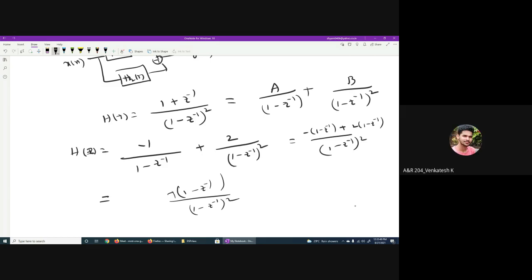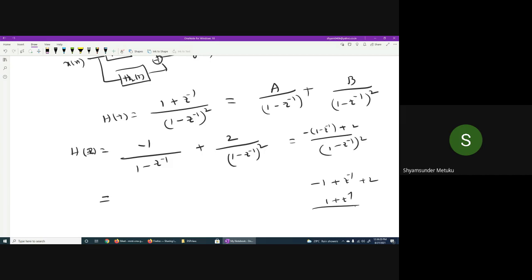Only 2 will be there, sir. Only 2 will be there here. Hmm. Okay, then 2 won't be there, so what should be the 1 here? Only 2 comes, sir, that's all. So this is perfect, sir. Like it is -1 plus z inverse plus 2, so it will be 1 plus z inverse. I understood. Then 1 plus comes, it matches, correct. Yes, sir. Yeah, agreed. So what you did is right. Only verification; in the examination also you can have the cross verification, nothing wrong in that.